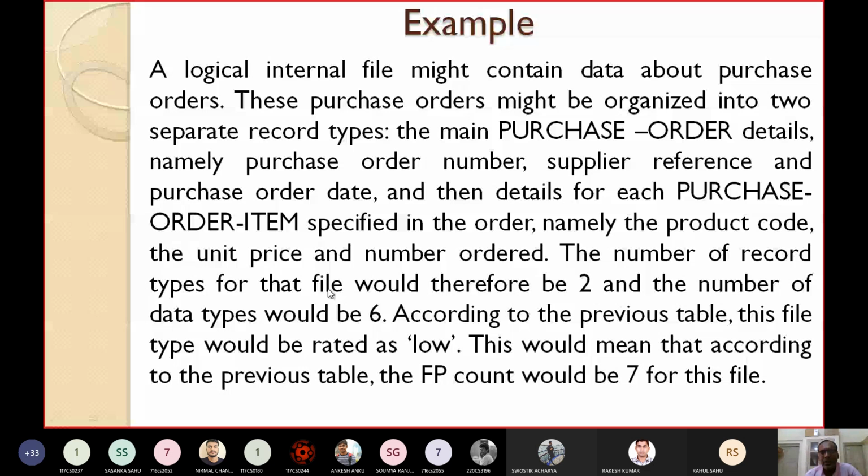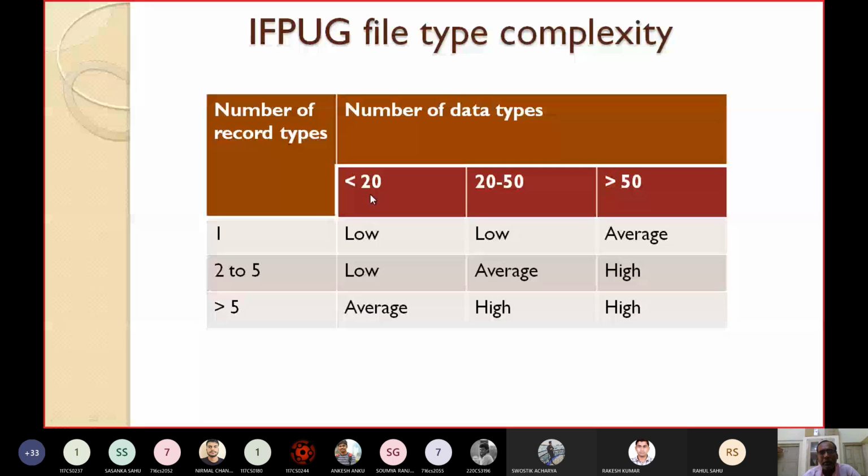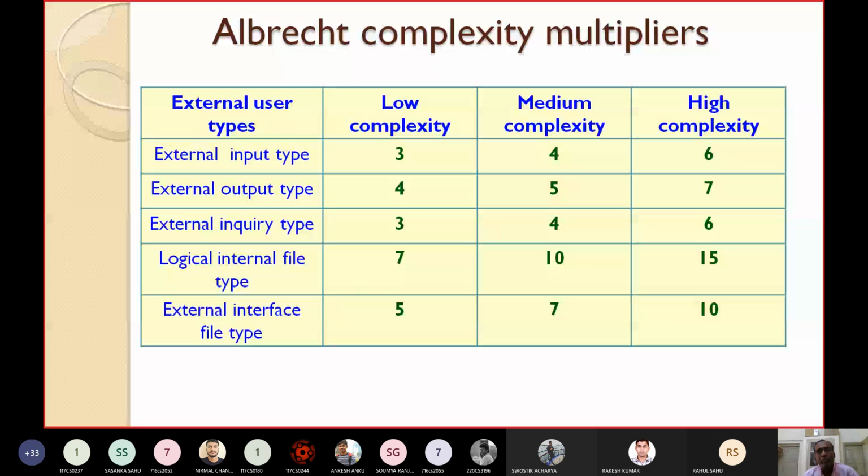So according to this, now we have to go to the previous table. There are 2 records and 6 data items. 2 records means this, 6 data items means less than 20. So what will be its type? The complexity will be low. So file complexity is low, what will the value be? See, for the file complexity is low, what value should I consider? I should consider 7. So in that way, given a problem, you have to identify what should be the complexity